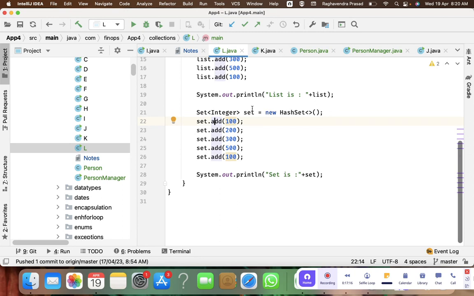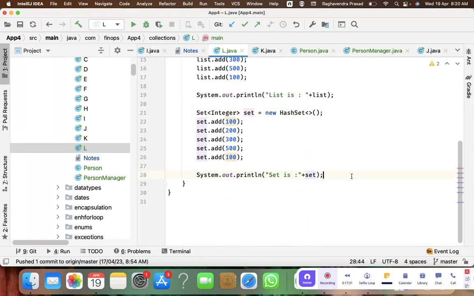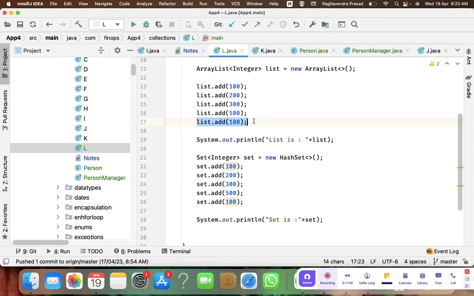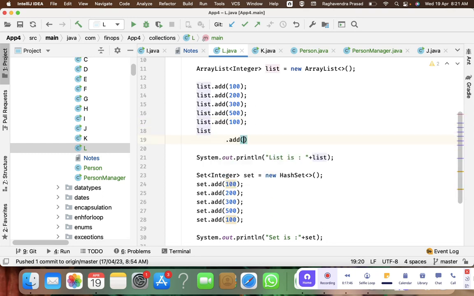It is very simple, guys. Whenever you are asked to create a list without duplicates, then you should create a set. Now let's say, for example, I have a list and the requirement is to remove the duplicates. This list is already having duplicate elements. If you want, I'll add a few more: list dot add of 300, or add of